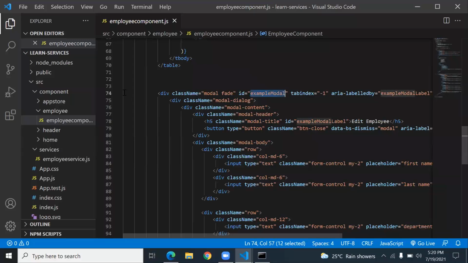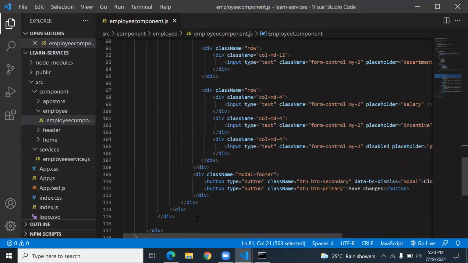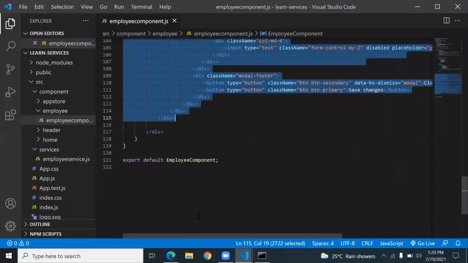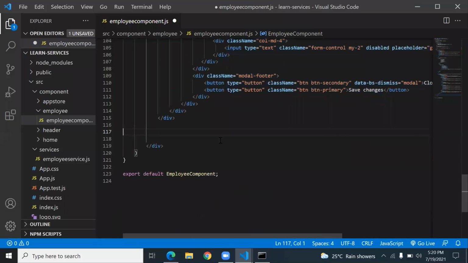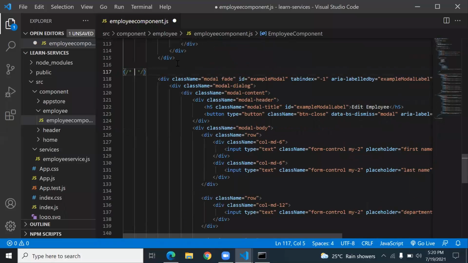It is the example modal, but I copy this complete modal dialog and paste it once again here. Even I type a title in the comments: modal dialog to create new employee record.